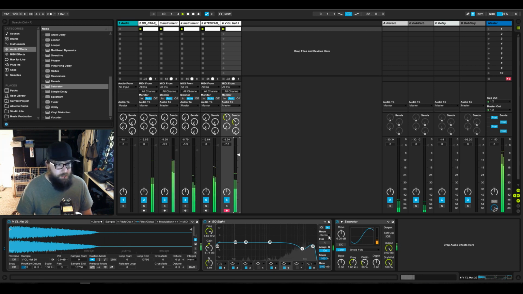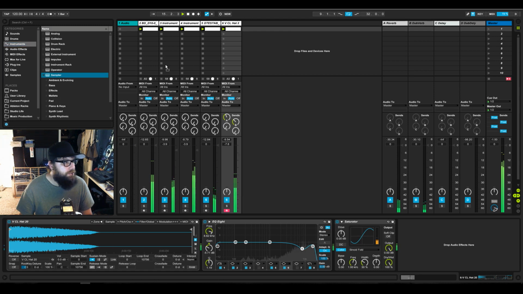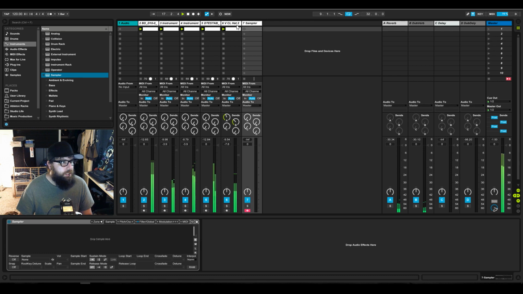But anyways, okay, so there's a hi-hat there. Let's get a bass line going. And for that, we're gonna again use another sampler because I have analog samples I like using. So instruments, sampling. Once I get the bass line going, I'm gonna do some tightening and name these things so I know what they are.